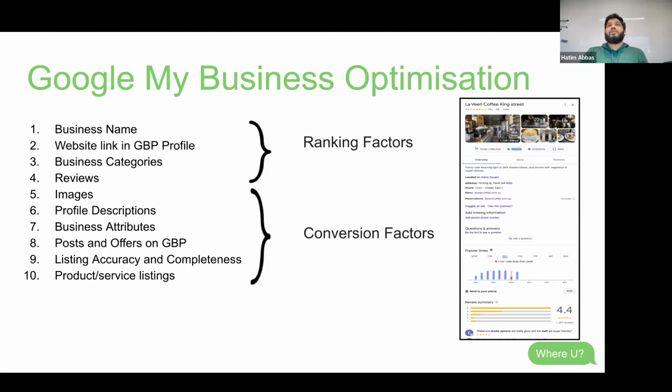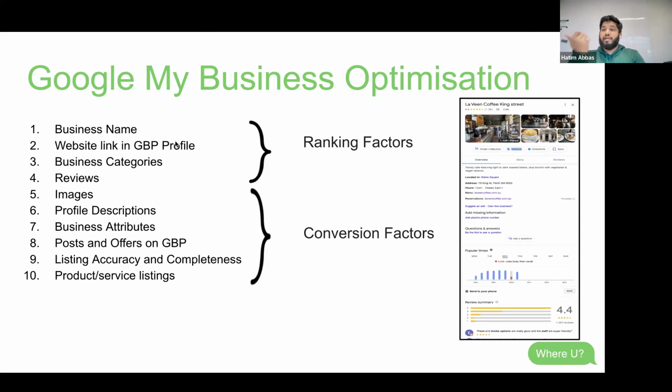Business categories are sort of like a filter that you use on a blog page, or when you're going to buy something and you want to put on a price filter, like I want something between 10,000 to 20,000, etc. These are big numbers, but they are what they are. In the case of Levine Coffee, business categories would be cafe, coffee roasters, maybe available for breakfast, dining in experience. Google gives a list of business categories, and try to add as many business categories as you can within your profile. We're going to do a little test for this right now.